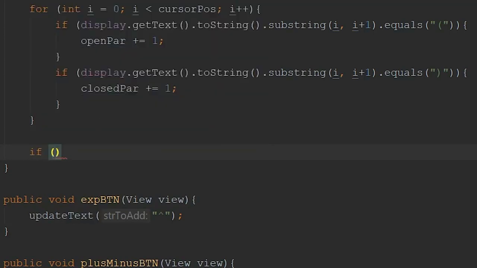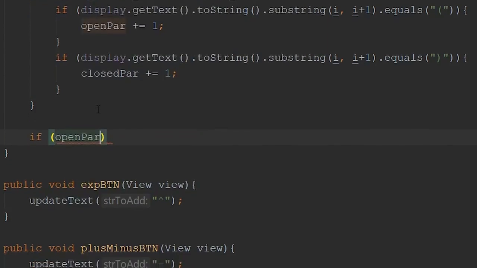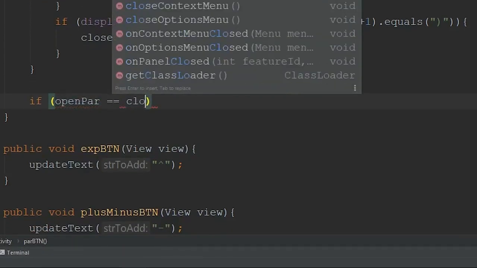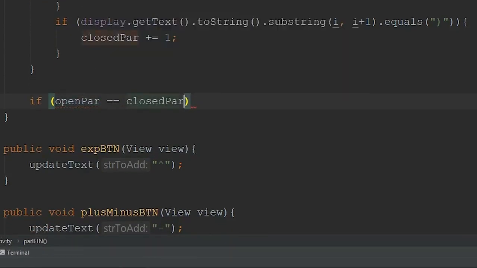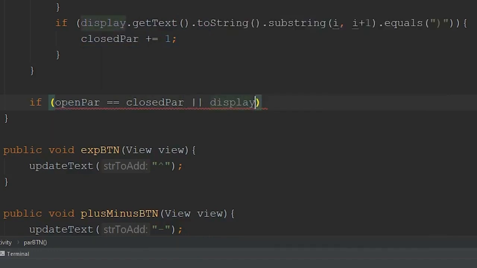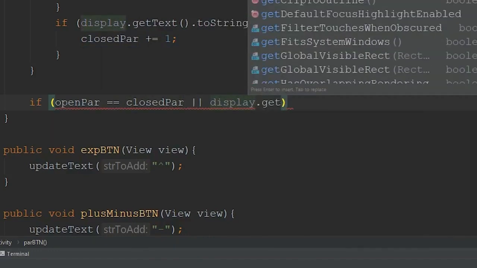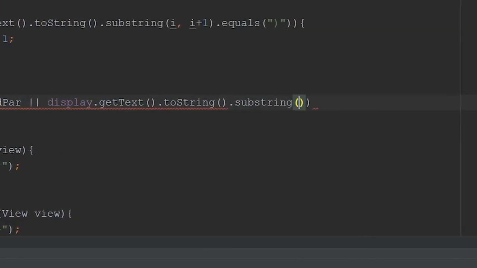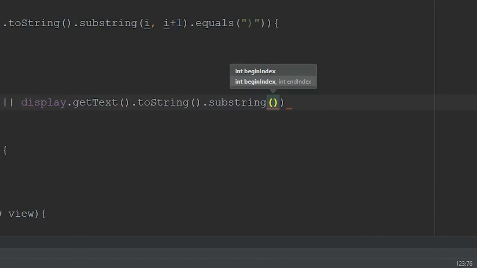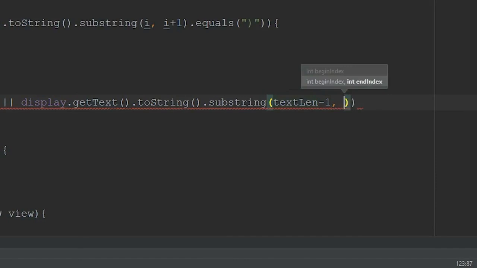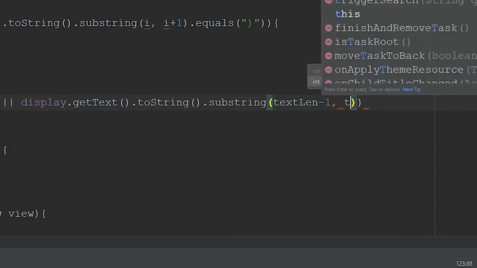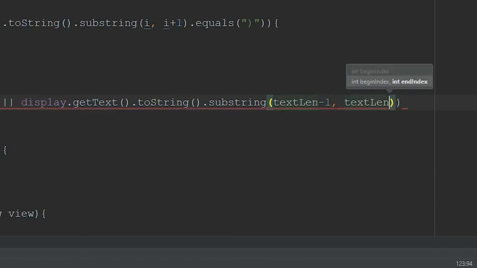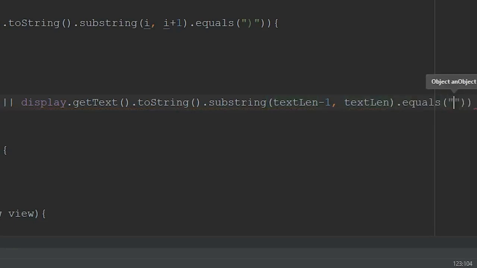So we go if the open parenthesis is equal to the close parentheses, or the display, so we're going to grab the text in the display again, dot get text, and we have to convert it to a string, and we're going to take a substring of that, and then the substring is going to be the text length minus 1 all the way up to the text length, so one character within there, and then if that equals our open parenthesis,